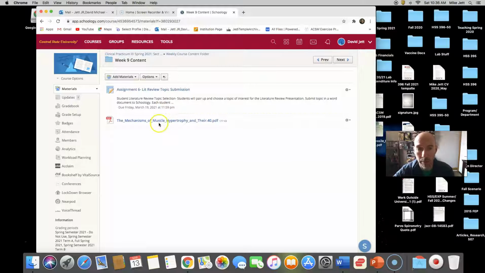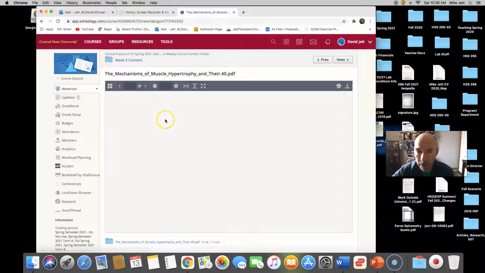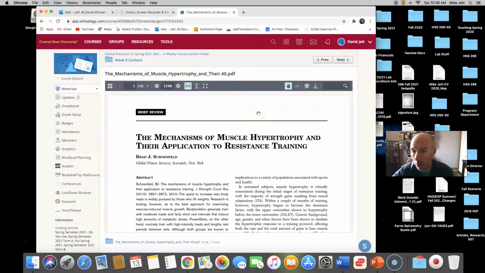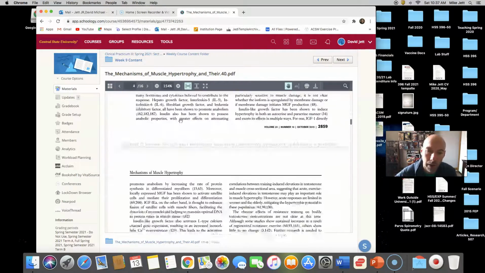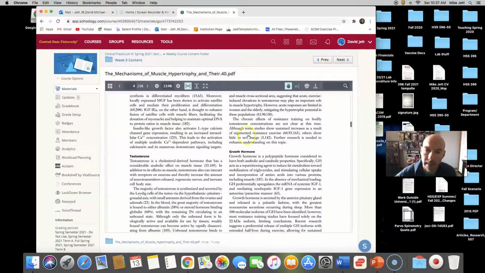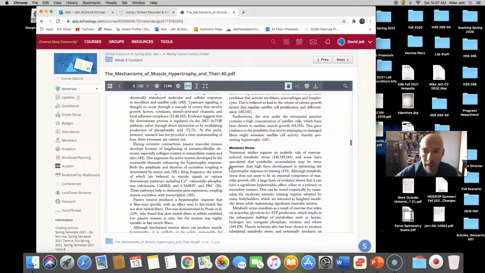So before I talk about this a little bit more, I'm going to show you my topic. One of the topics I've liked to research in my life is muscle hypertrophy. What is the best way to structure resistance training variables to promote optimal muscle growth, okay? There's a researcher that you see listed here, Schoenfeld. He sort of specializes in that. So he has this great review article. And this article in some ways simulates what you're going to produce.